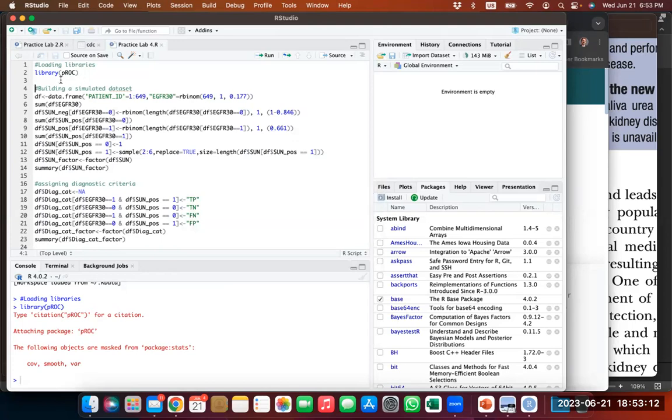And then run line 2, which is the library command that allows you to activate the package PROC. Good. Line 5 builds a data frame that consists of two different